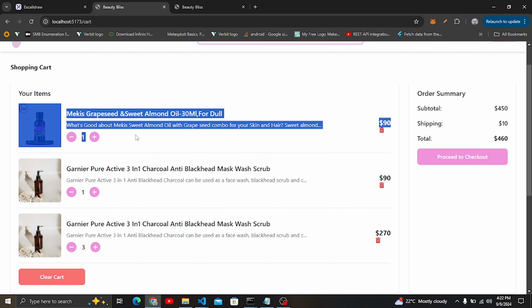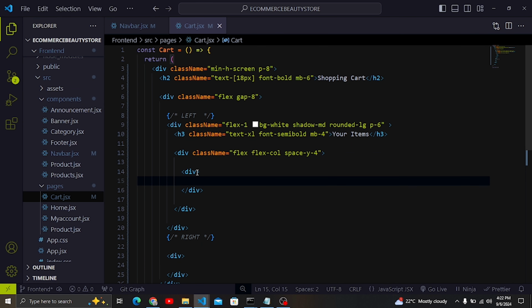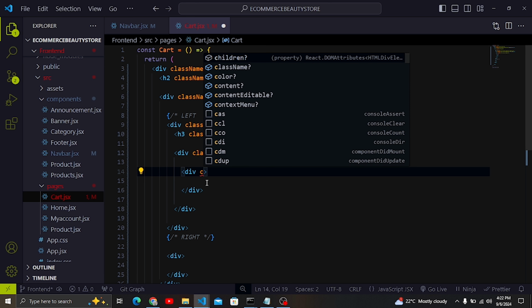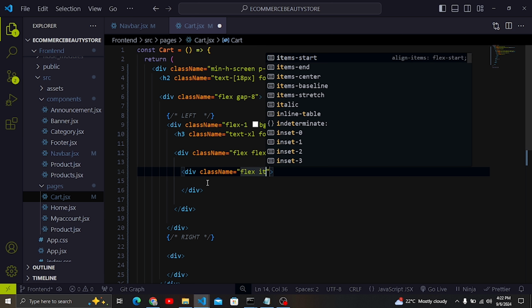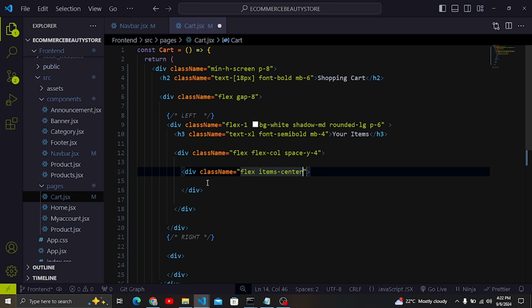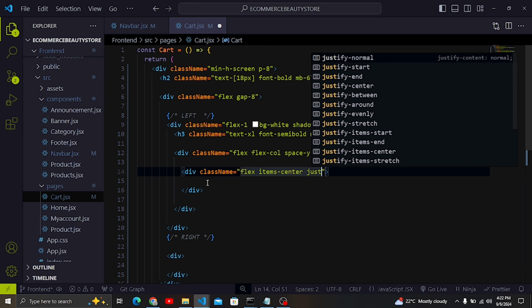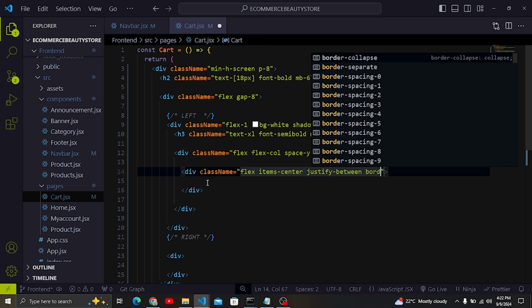Let's create now this one product here, because what we have now is this container here, and inside that you need to create that individual product. So the class name, the first thing that we need to add is items in flex, and then we want the items to be aligned on the same line. Also, I want to give justify between, so that they have space between them, and also border bottom,